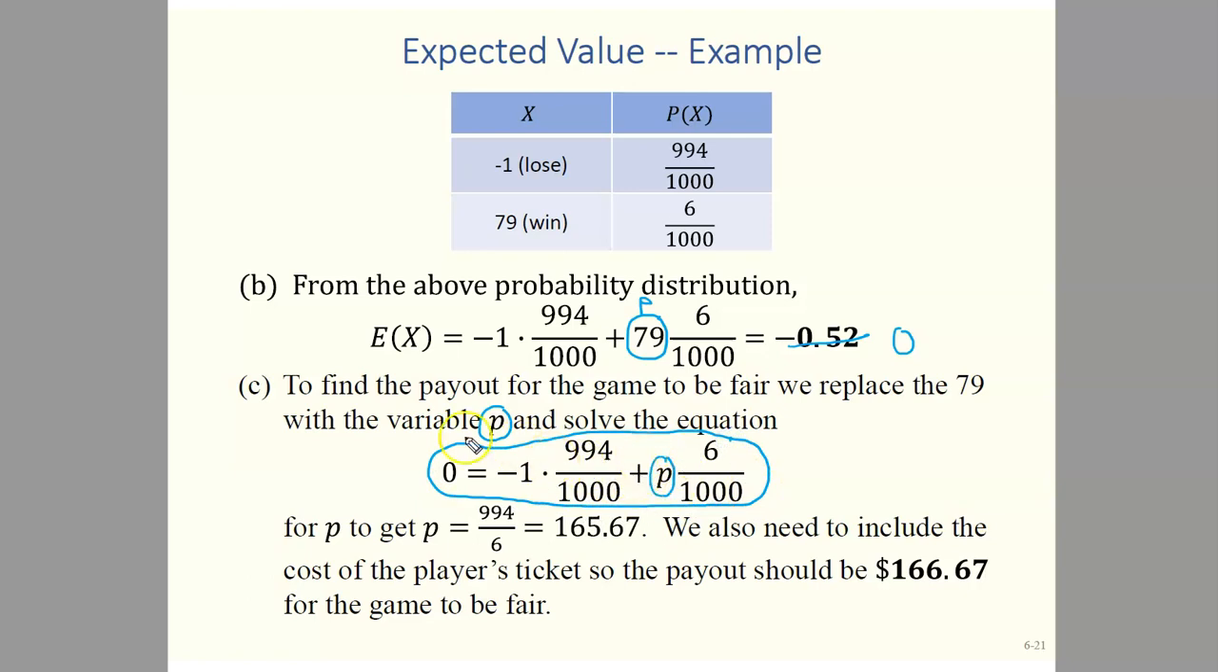So to solve this for p, we move this over to the other side. It will become a positive then. And what we end up with is 994 over 1,000 equals p times 6 over 1,000. With just a little algebra, if we multiply each side by 1,000, these would cancel out. And then we'd multiply each side by 1/6, or divide this 6 to the other side, and we come up with p equaling 994 over 6. That's what we have down here. And that is approximately